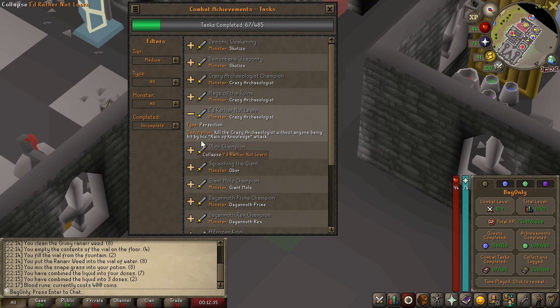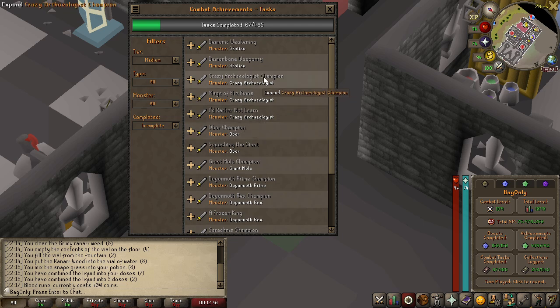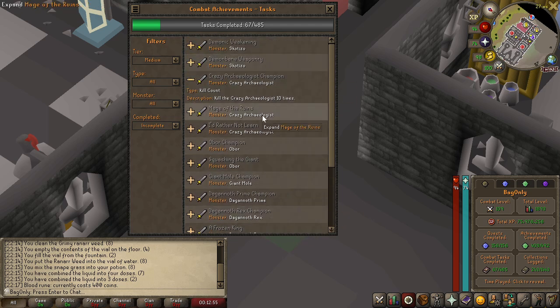Kill him without being hit by his special attack, so you just move out of the way, exactly the same as Chaos Fanatic, and then kill him with Mage, which we're going to do for every kill. So we'll very easily knock both of these out before we get 10 KC. So then there's actually nothing left in the wilderness for our combat achievements after this, so technically we could be